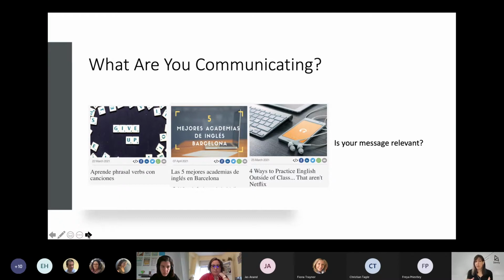Here are three very good examples, in my opinion. People search for phrasal verbs, so Georgina has "aprende phrasal verbs con canciones". As I was saying, Anna's example: "las 5 mejores academias de inglés en Barcelona", the 5 best English academies in Barcelona. What she's doing here is amazing, because she's taking the Barcelona offline market and making a comparison.